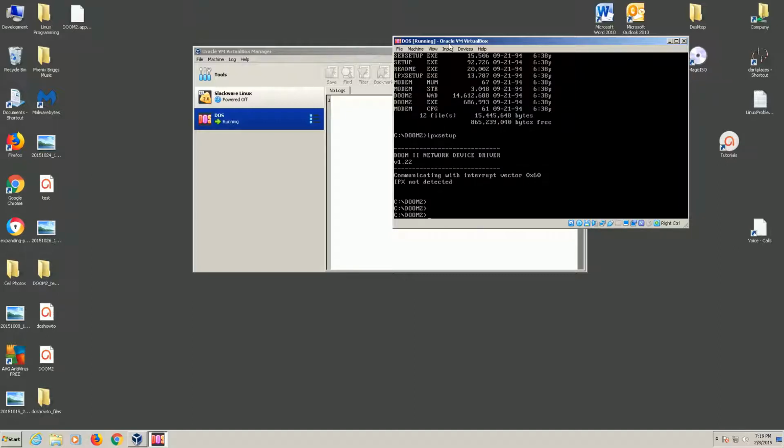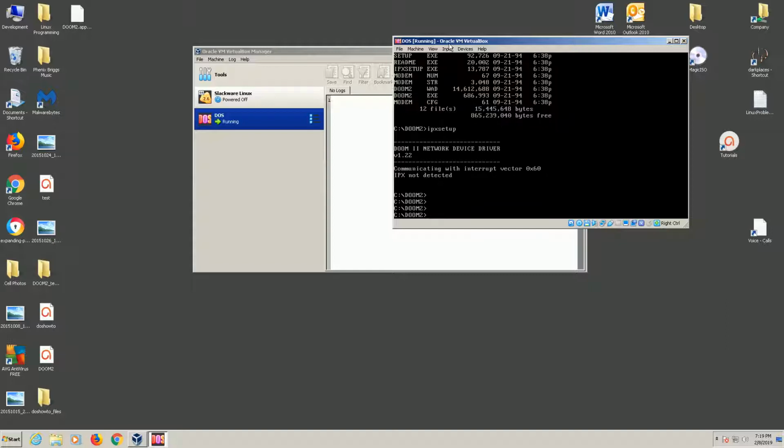Now with me, I used to use NetWare Lite. I think it was NetWare Lite 3.11 or something like that. And it really worked great with Doom. I had it working perfectly. But again, what's nice about VirtualBox is you can run any DOS program that you want to, pretty much any operating system. For me, I just have Linux on here. I'm a Linux guy from back in the day, so I have that on here, and of course the DOS,